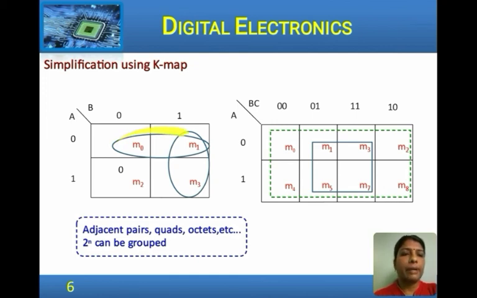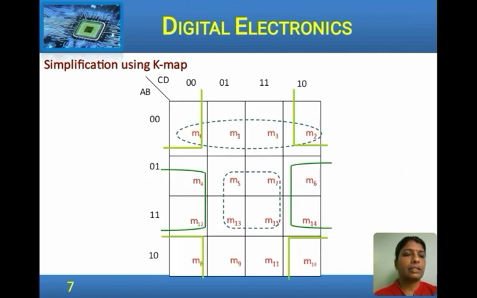Here you can see a pair of adjacent cells is paired, and here is another pair that is grouped. In this diagram we can see 4 adjacent cells, which can be grouped to form a quad, and 8 cells can be grouped to form an octet. Similarly, these are all the possible combinations. If 4 adjacent cells have ones, they can be grouped together to form a quad, or this can be another quad. And similarly, the edges, the rows and columns of the edges, you can roll it.